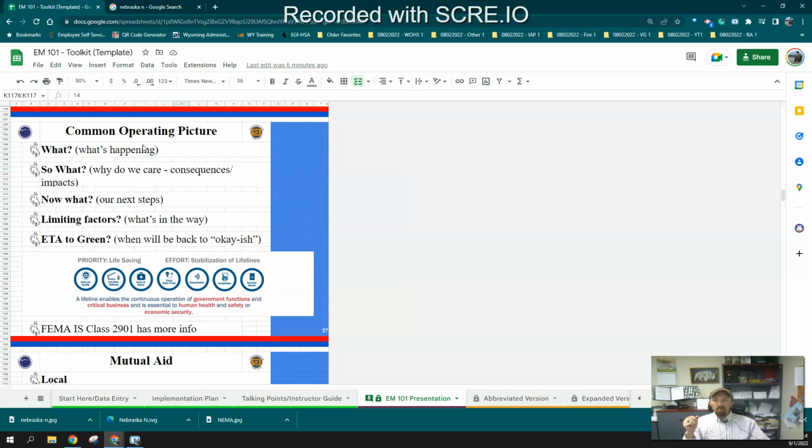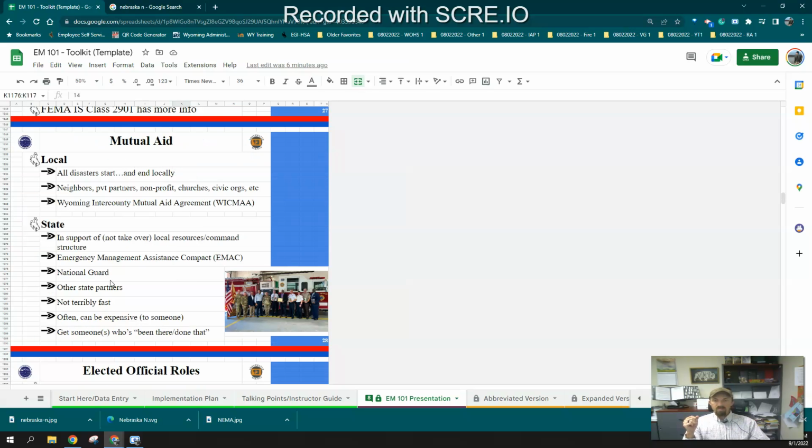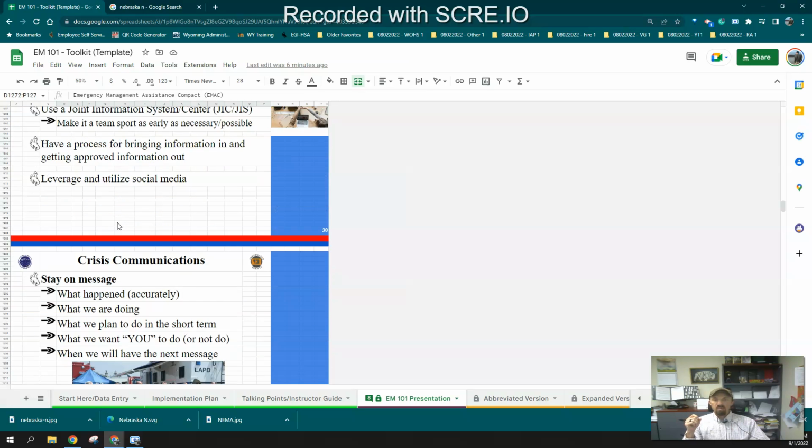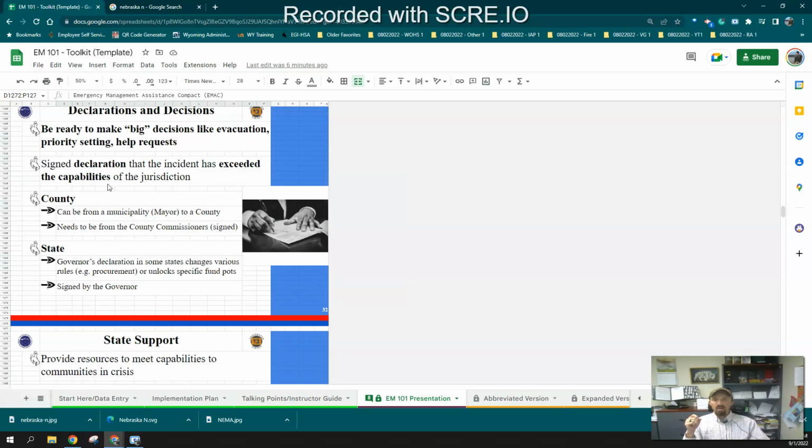Talk a little bit about common operating picture based on the FEMA lifelines, mutual aid, and again, you can see some of this pulls in to customize, and then the generic stuff is, well, fairly generic. Go through some of the crisis communications, disaster declarations. Again, if you have something in particular that's unique to you, you could customize it up front or copy and